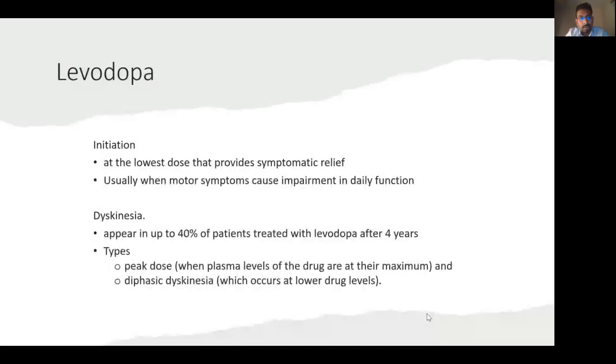The first, levodopa. As we all know, levodopa is the active drug. It always comes with a dopa decarboxylase inhibitor, that is carbidopa or benserazide. If it is combined with carbidopa, in the UK we call it co-careldopa. If it is combined with benserazide, we call it co-beneldopa. The idea is, how you start, you should try to find the lowest effective dose, the lowest dose which gives symptom relief, so that the patient can continue activity of daily living. Jumping the dose quite fast is not ideal.